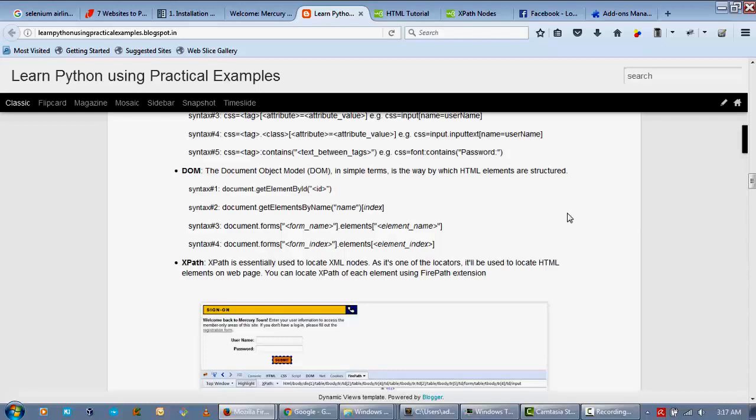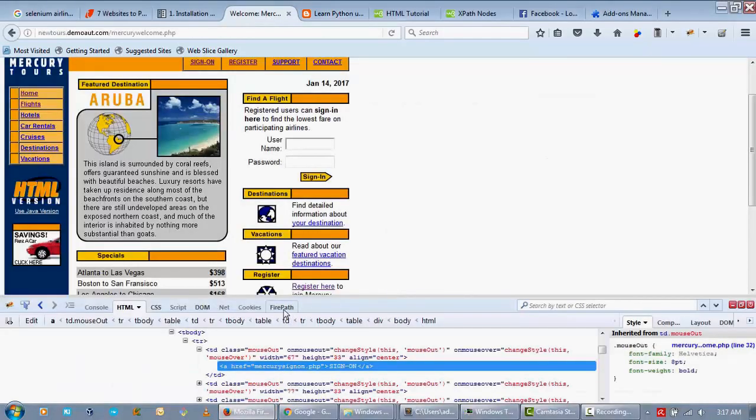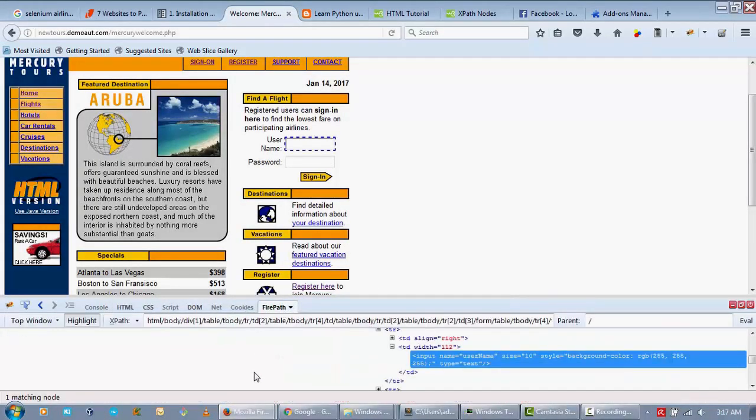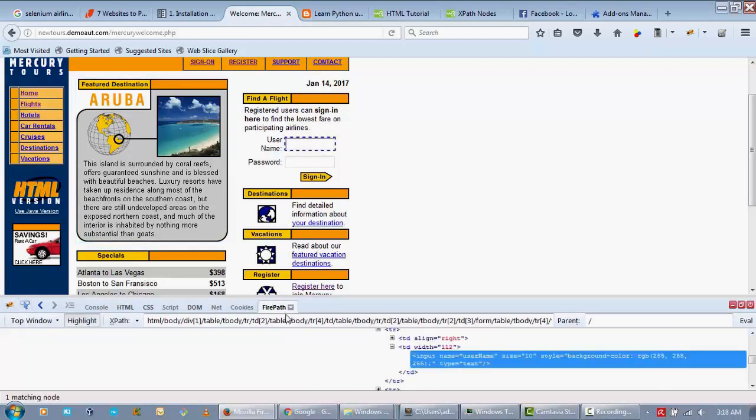So for a basic thing, what can you do? As you have installed this FirePath, you can simply locate the XPath of any element using this. So it's showing you the XPath of this web element, though this XPath is the absolute XPath because it traverses from the root node. Root node is HTML over here, so it traverses from top to bottom, and it gave you this web element,